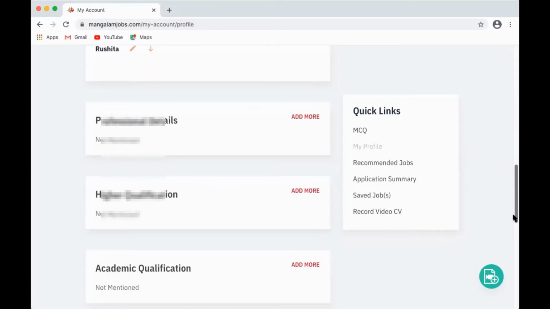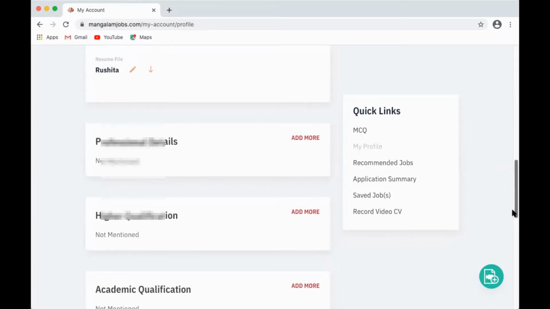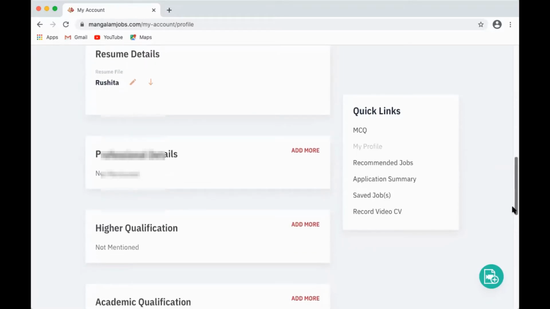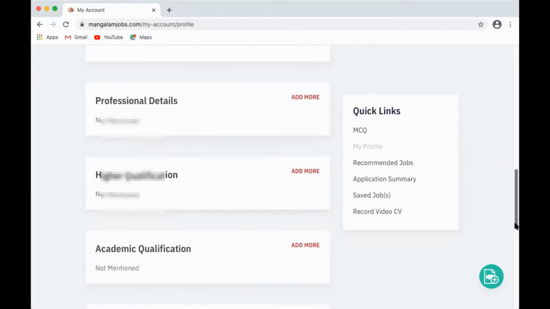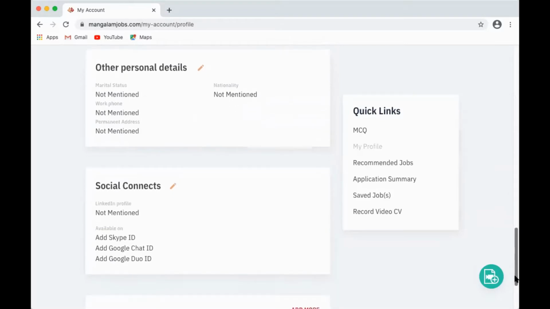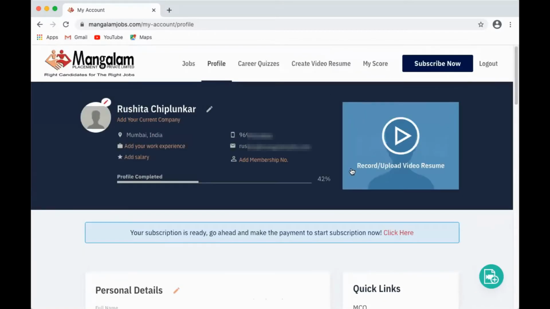First you have to upload your Word and PDF format resume. Then after that you can put in all the details I told you about. Save and continue. That is the profile option. Okay, again I'm going to go back.